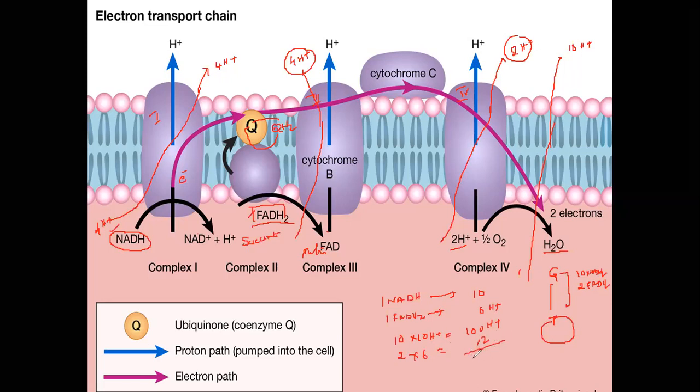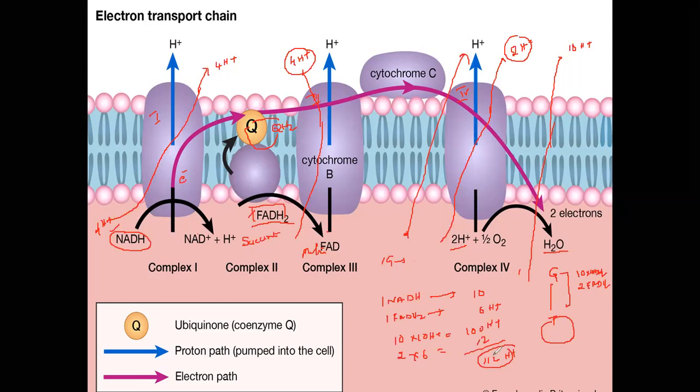When the processes of glycolysis and the tricarboxylic acid cycle occur, these reduced components undergo the electron transport chain. They pump almost 112 hydrogen ions from inside to the outside. This is because of one glucose molecule. It's all because of one glucose molecule breakdown. When one glucose molecule breaks down into 2 pyruvates that enter the tricarboxylic acid cycle, 112 protons will be pumped out.